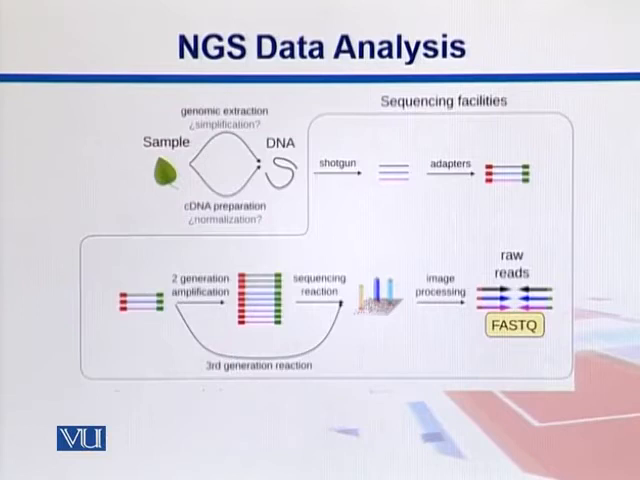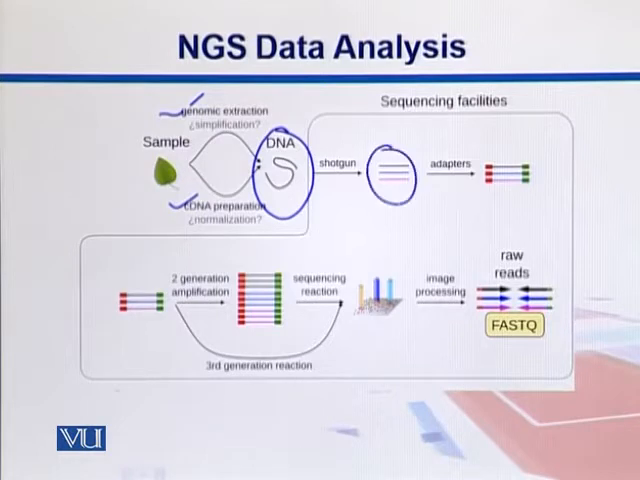So in this figure, we start from the beginning and give an overview of this data analysis. For instance, we come up with a sample and then we do some genomic extractions. We prepare cDNA libraries and now everything becomes DNA. After that, we do shotgun sequencing. So we break those segments into smaller fragments. We attach adapters. And now the libraries are ready to be put into different sequencing platforms, where we can have